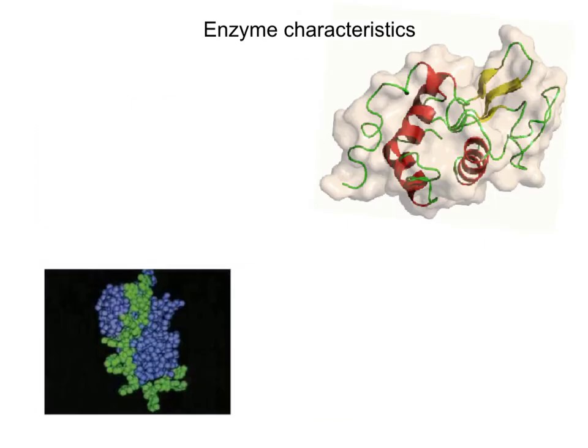So let's take a look at some characteristics that are enzyme specific. Okay, so enzymes are going to be made of proteins. So their monomer would be an amino acid. We do have some enzymes that are made of pieces of RNA, but that is a relatively recent discovery. So our discussion will be focused on the protein aspect. So most of our enzymes are going to be made of proteins, so they would have an amino acid